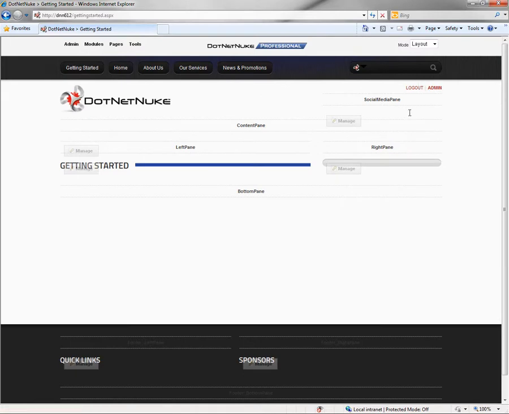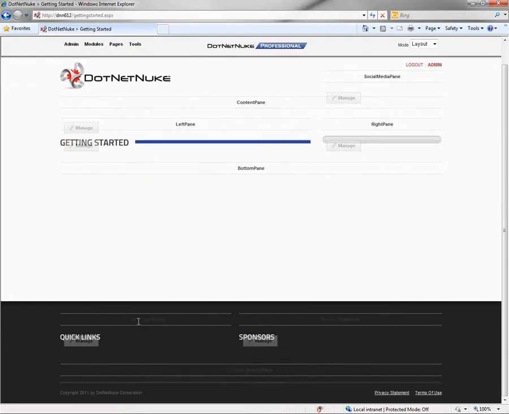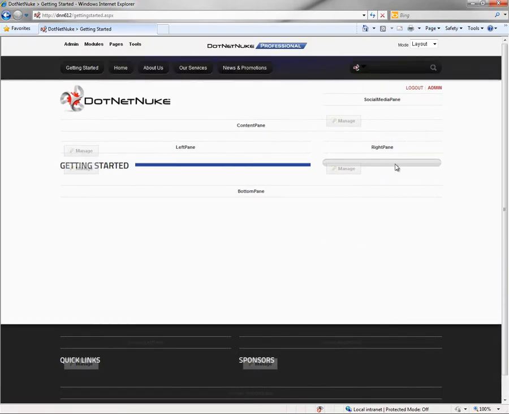You can see in our layout mode right now we have a social media pane, content pane, left pane, right pane, bottom pane, and then down below we have three additional panes: footer left, footer right, and footer bottom. So we can choose any of these panes to place our module into. Let's say we're going to add the module into the bottom pane. Now, I know which pane I want to choose, so I'm going to switch back to the